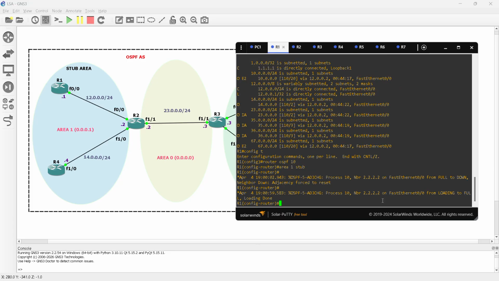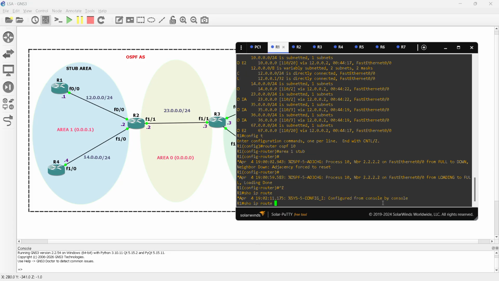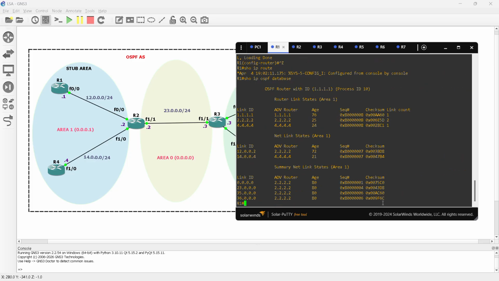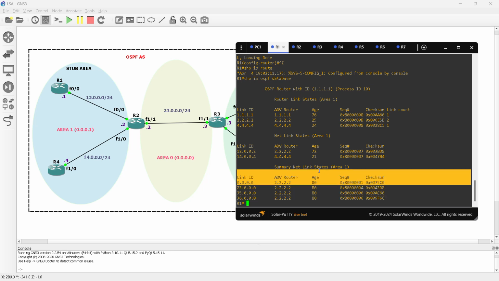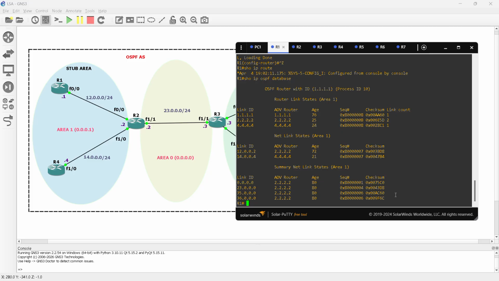Now when we go to R1 and check show ip ospf database, now you can see we have our normal network LSAs, network summary LSAs, and then we have the special type for our external networks, that is our default route generated by router 2, right? Yes, and also say show ip route,